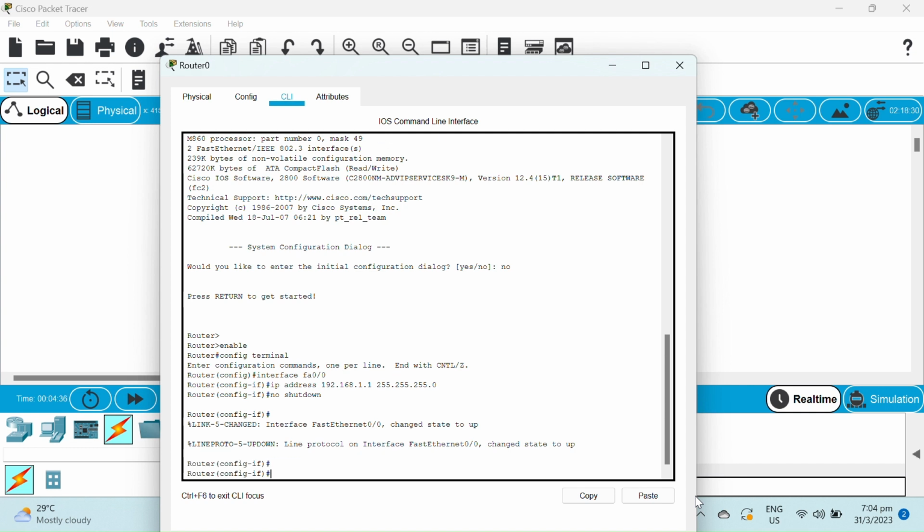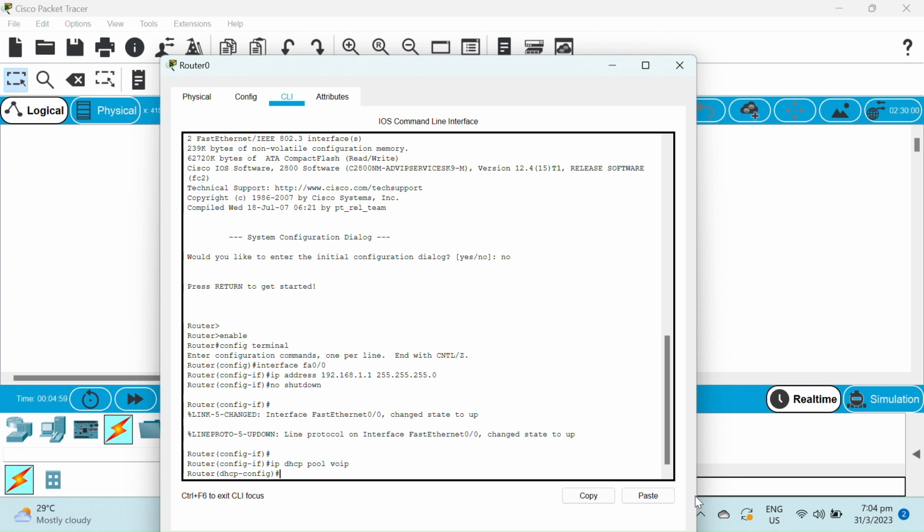Now we need to do the VoIP configuration. First, we need to set our VoIP phone to the DHCP server. So I enter ip dhcp pool voip. Then we need to configure the DHCP server with our network. So I enter network